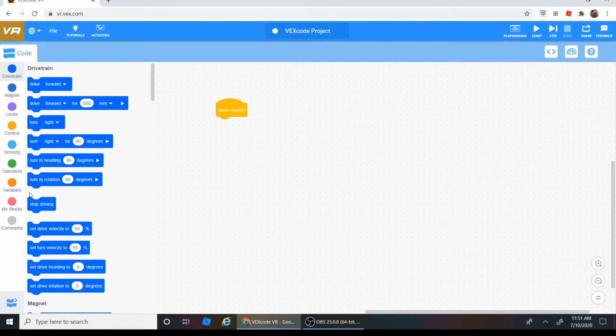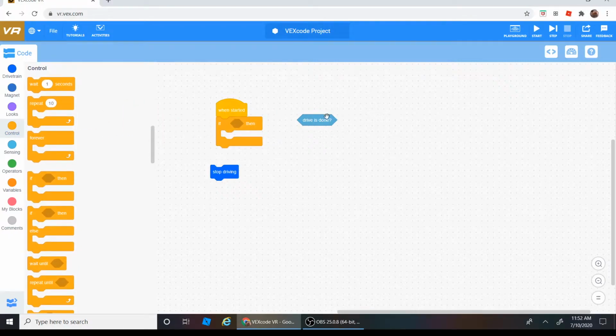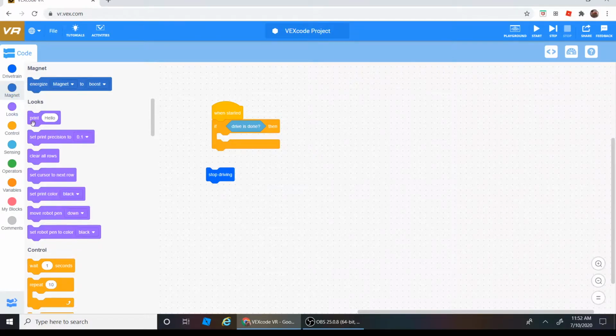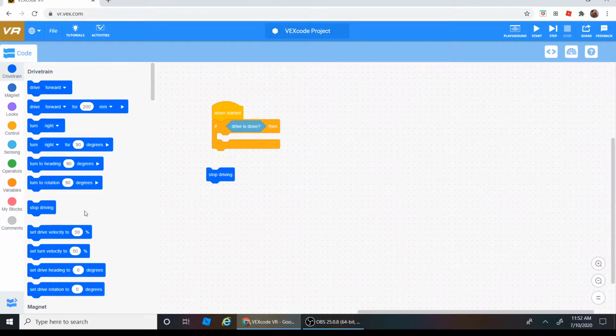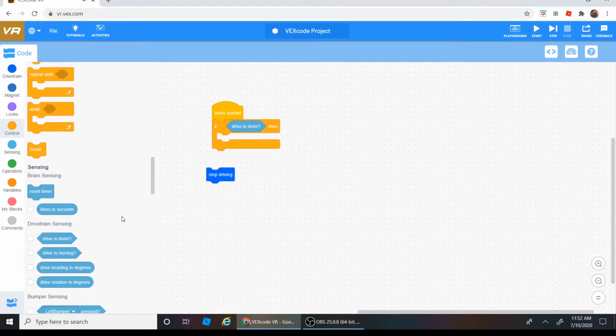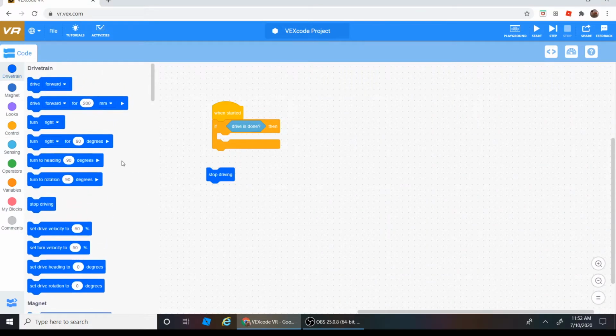And stop driving is when you want to stop driving. What's useful is if you want sensing, there are these blocks like if then, and then driving is done, okay? But how, if then the driving is done, then, I don't know, probably, like if driving is done,